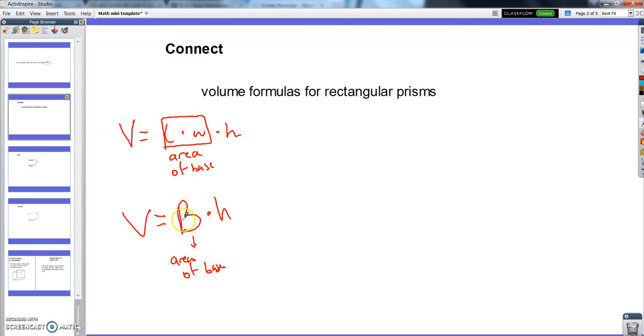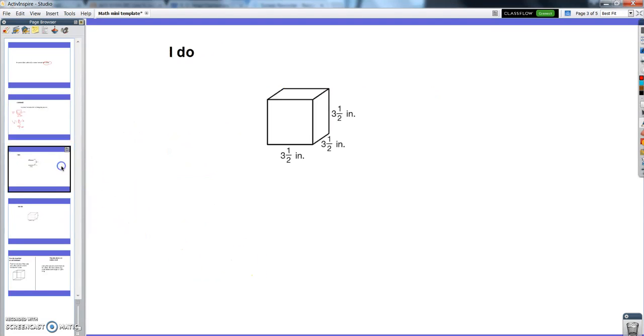It's just a matter of understanding the two formulas and recognizing them. This one especially is going to be helpful. When you get to 7th grade geometry and learn how to do things other than rectangular prisms, this one's going to be really helpful. This one won't. So that's why I really want you to know this one this year. I want to introduce you to one more. Cubes are a special case. When I look at this cube and I want to find the volume,